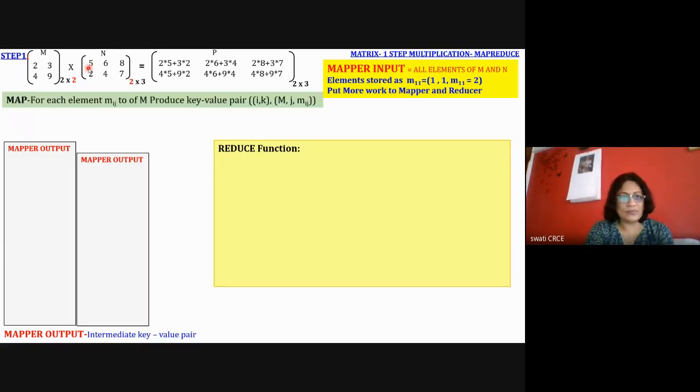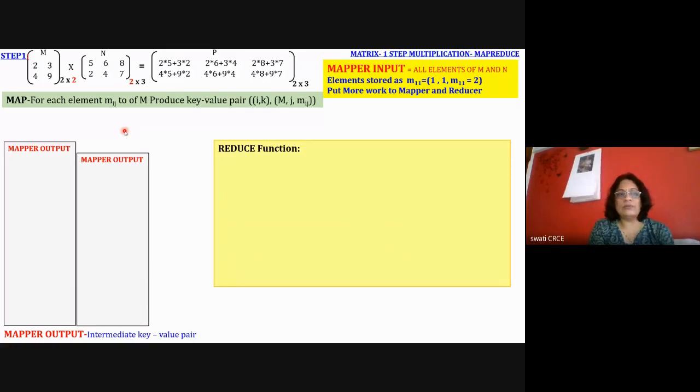Now what will this mapper do? The mapper will get a key value pair. The key is the name of the matrix, M, and the value is the element, 1 comma 1 comma 2. I told you the mapper input is a key value pair.